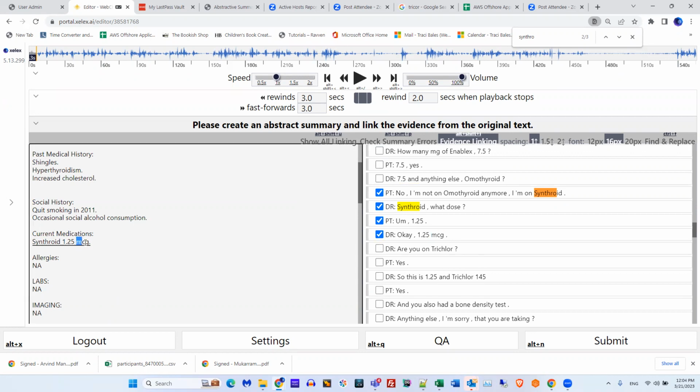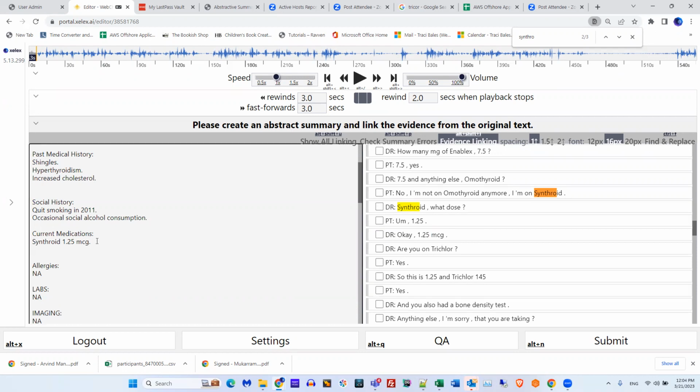Now notice I used MCG here. I did not use the long form, and that's because MCG is used here. If it had been written out in long form, then use the long form. Most of the time, it is the abbreviation, but just use what is given here.